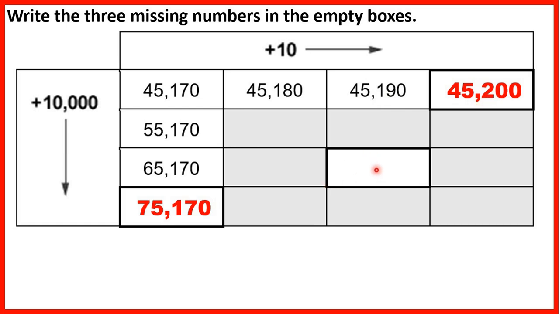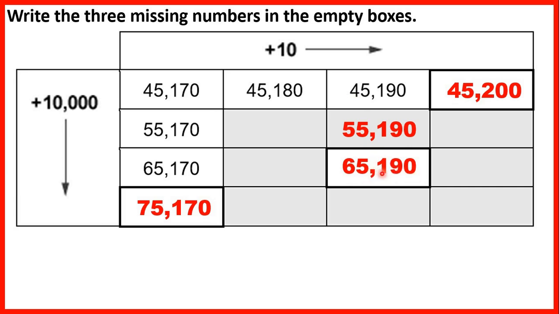Now let's find this box here. We know that when we go down, we add 10,000, and 10,000 more than 45,190 is 55,190. We're adding 10,000, so it's the 10,000s digit that needs to change. And that means that in this box here, we will have